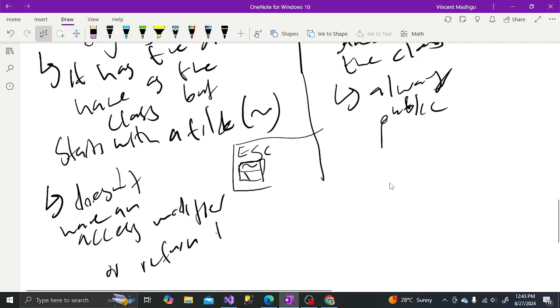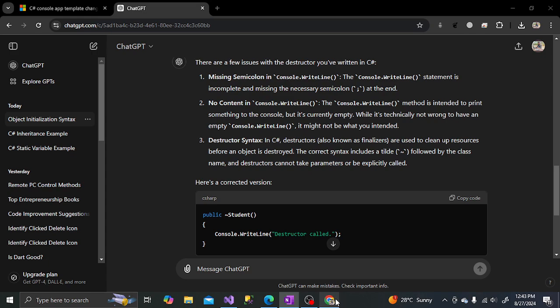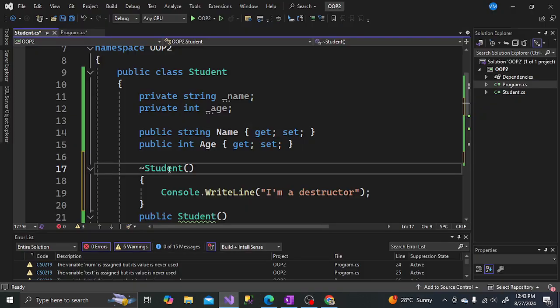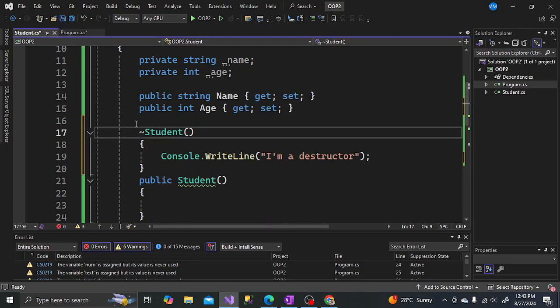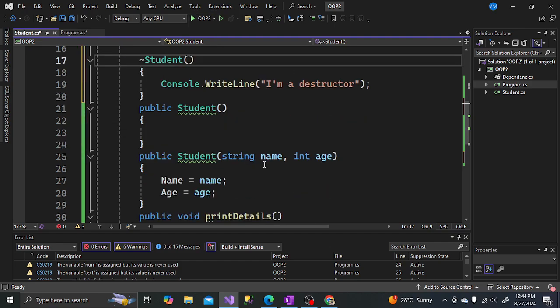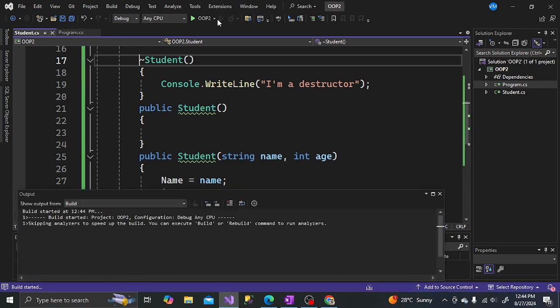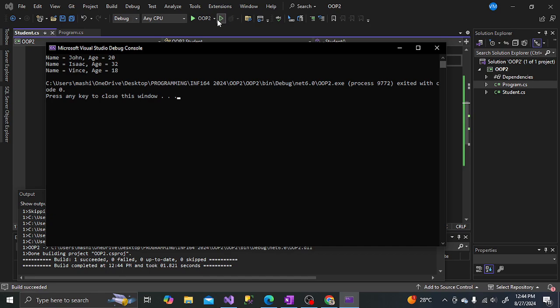Even a return type, it doesn't have a return type, similar to this one. This one doesn't have an access modifier at all. And it's also called automatically. You will see when I execute the code, there's nowhere we called the destructor, but you will see that